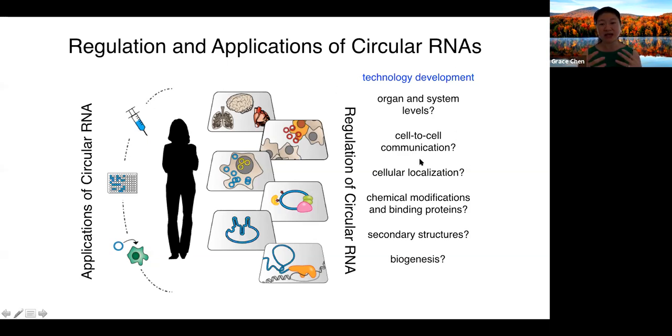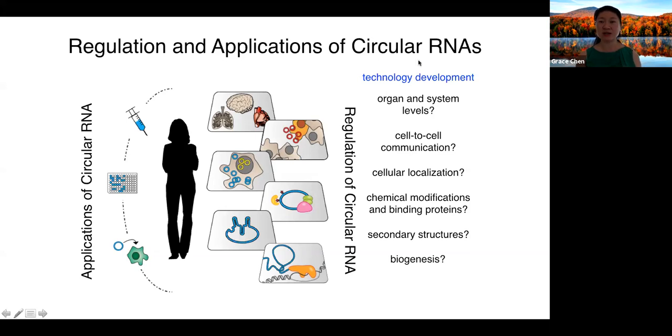Circular RNAs are also packaged in vesicles and exosomes. Could this be a way for cells that are very far apart to communicate information with each other? And what is the selection for the circular RNAs, which ones get packaged and which ones do not? And then, what are the circular RNAs' expression and function on an organ and system level? So far, many different diseases have been correlated with aberrant expression of circular RNAs. Can we then gain a molecular understanding of exactly which circular RNAs are involved in driving pathogenesis?